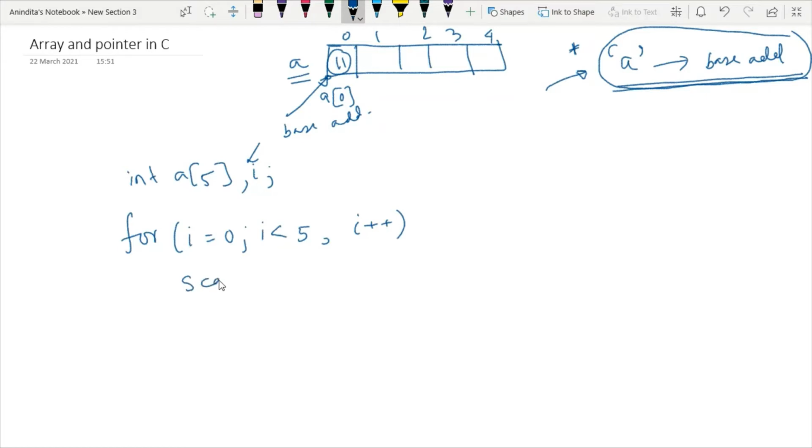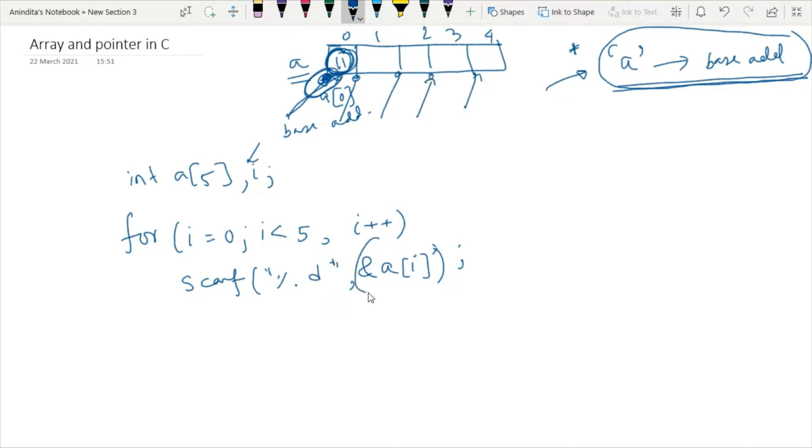Now we know that we have to use the scanf function, and since it is an integer, I will use the %d specifier. Now you are expecting that I will write & of array name and then the iterator, because in the previous programming I have discussed, I am taking an element in an array at a specified address location, because each location starts with some address.